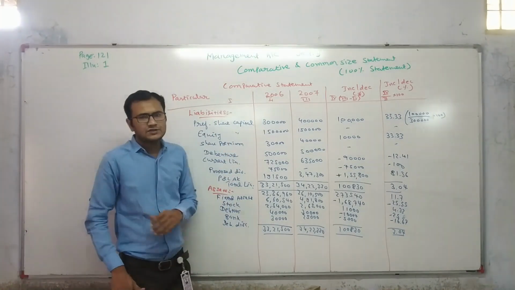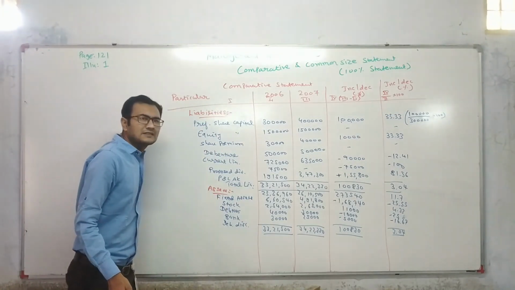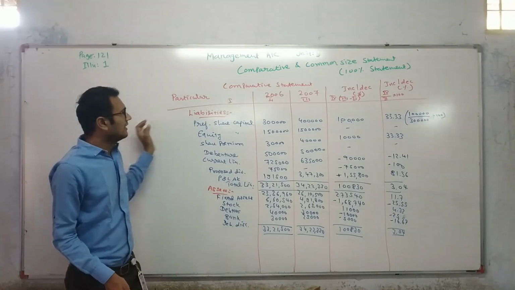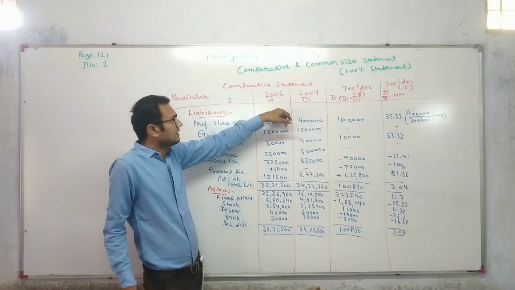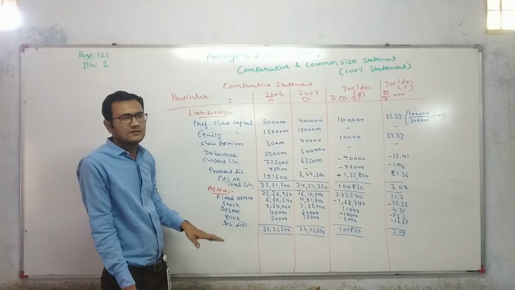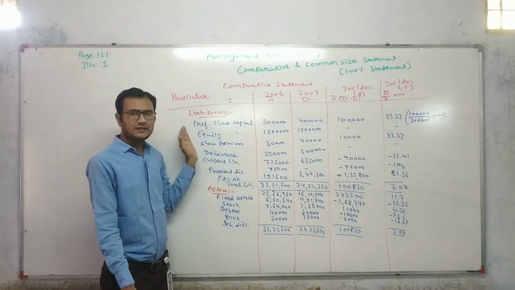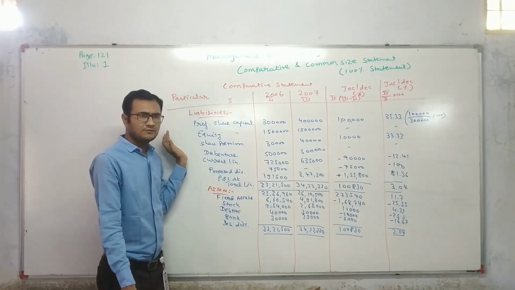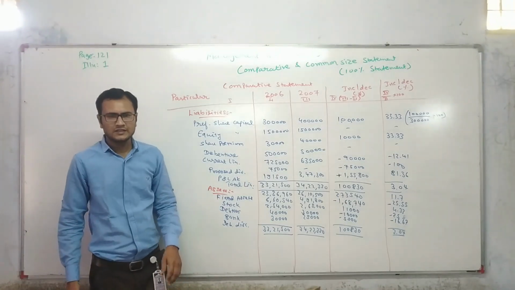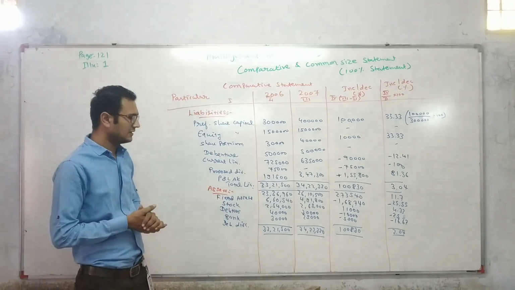Okay, so students, comparative statement is quite easy. If it is a P&L account, then also the same process, same format is to be followed. Two years would be given, right? So same format for the profit and loss account also. Now we'll solve the same example, but now we'll solve the common size statement. Common size statement will be prepared with the same balance sheet.